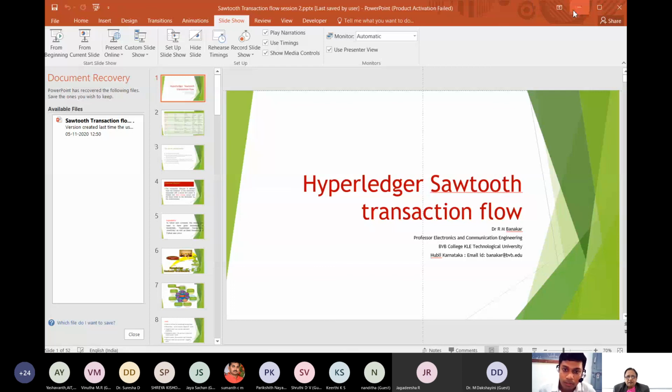Yeah, so a lot of work that you have done with respect to the Hyperledger Sawtooth transaction flow and Hyperledger architecture also. A lot of information has been embedded in the two sessions itself. As far as my knowledge, the two topics that you did today can prolong up to 2 days, I think. Definitely, it was very informative, very brainstorming. Yeah, so thank you for all your effort.